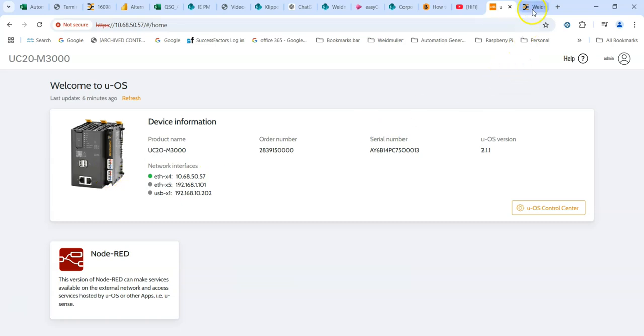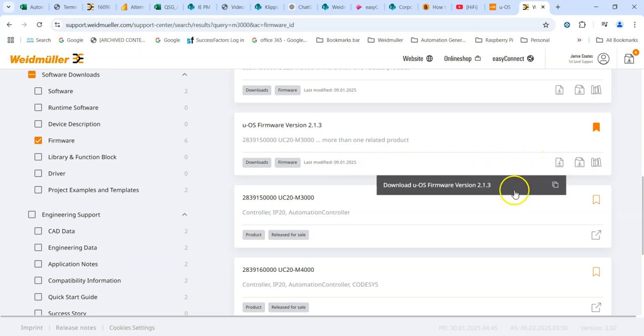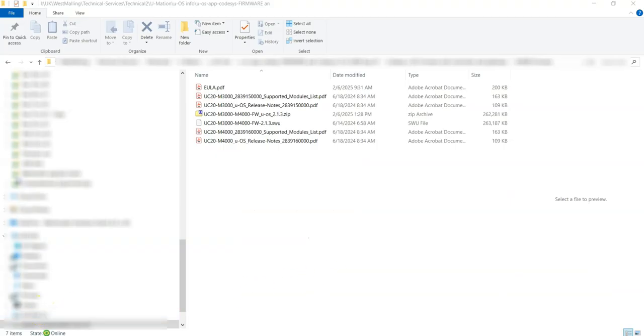So if I go back to the support site tab I've got open, and if you go to 2.13 as of February 2025, it's the latest version, click download, and that will download onto your PC. It will download a zip file. I've moved the zip file into a folder on my PC, so there's the zip file. If you click on that,